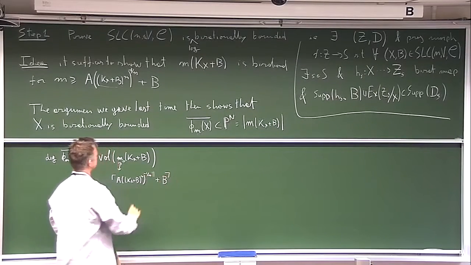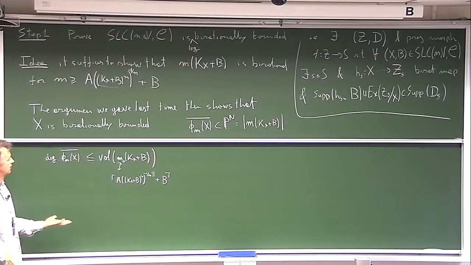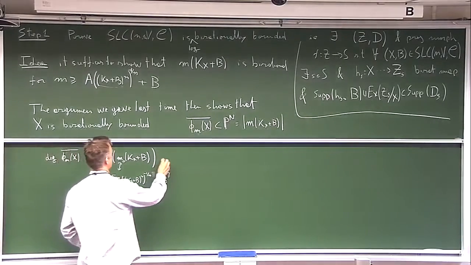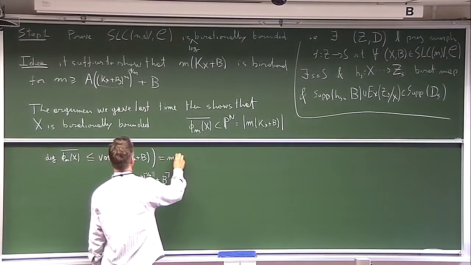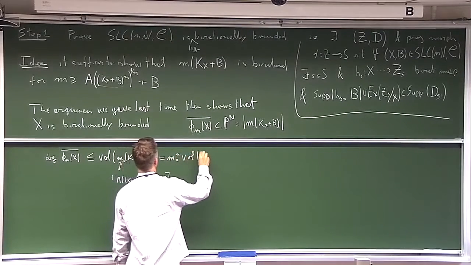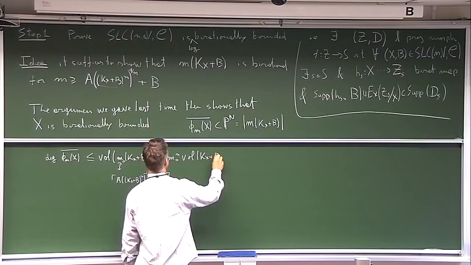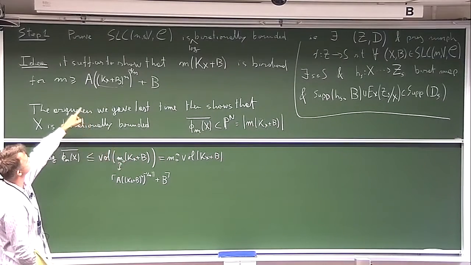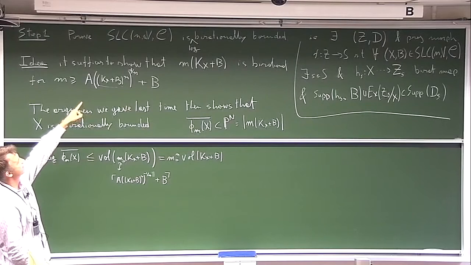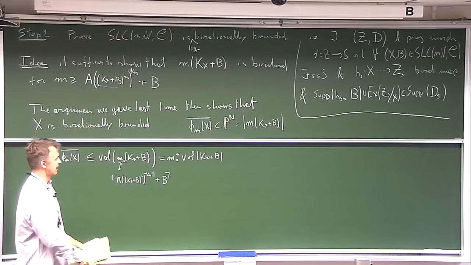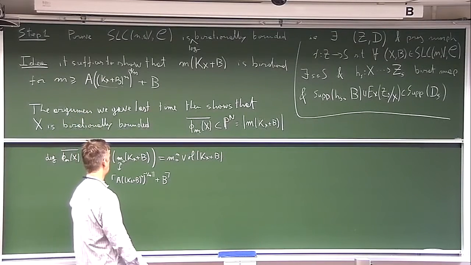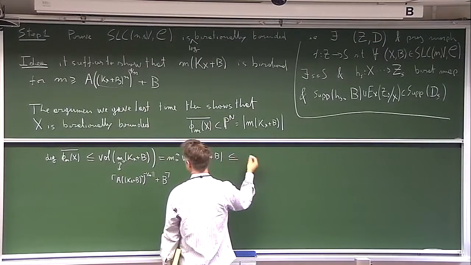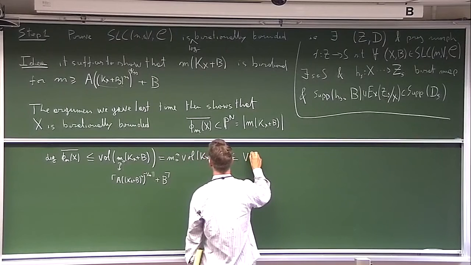It doesn't matter if you put it inside or not. So this volume is of the form m0 to the n times the volume of kx plus b. And we're assuming that the volume of kx plus b is bounded from above by v, right? So this is going to be less or equal, just to play it safe, to